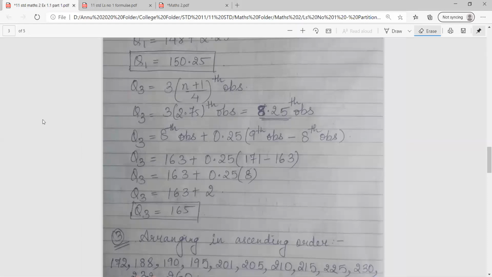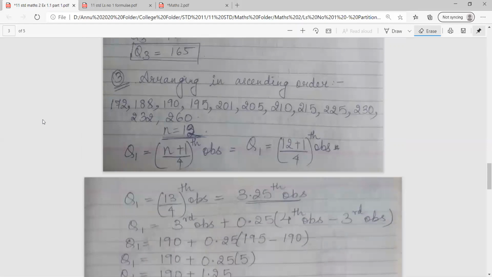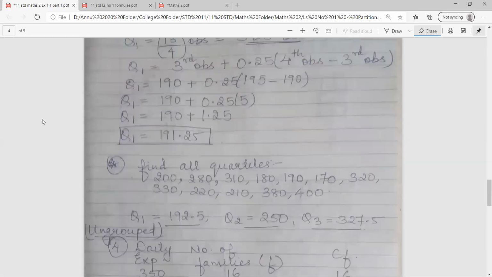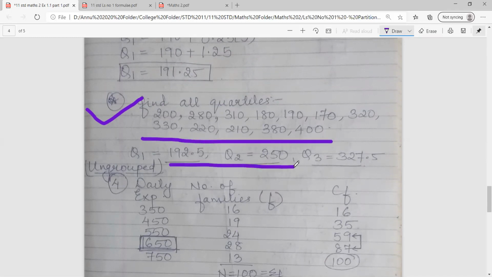So I guess class, this sum you can practice. The solution I've kept over here. I request you all to first do it yourself, and if you find any difficulty, you can refer to sum number 3, where I have solved the sum like this. In order to practice more sums, I am giving you one more sum for practice, as you can see. You can pause the video over here, and once you're done with the third sum, you can practice this sum yourself. The answers I have disclosed over here, so first practice and then have a look at the answers.